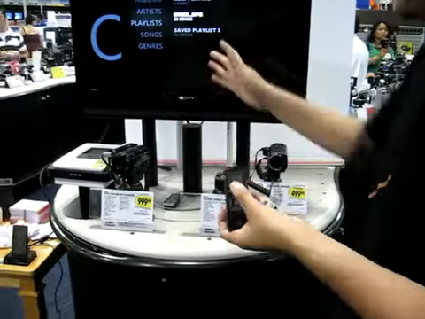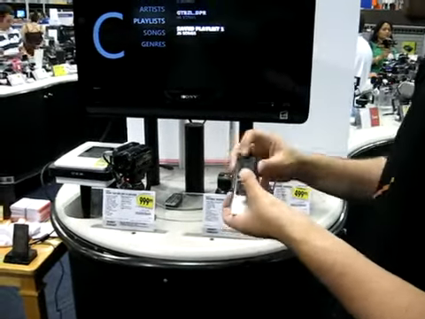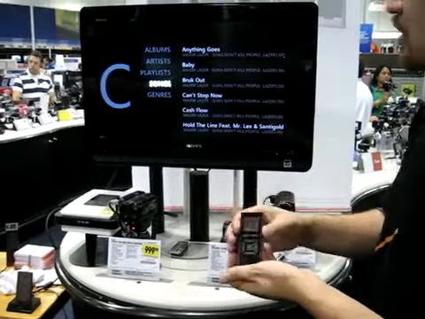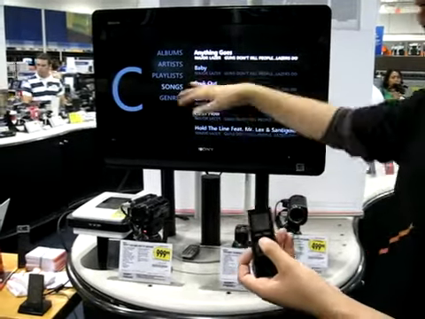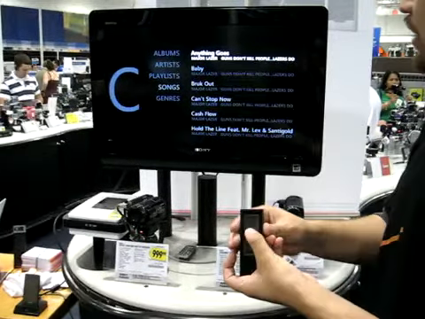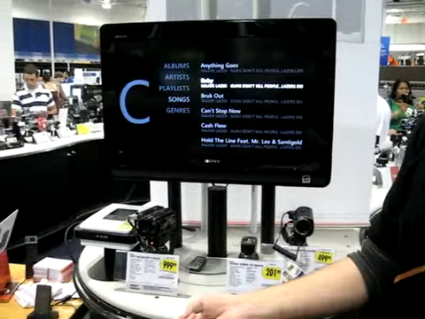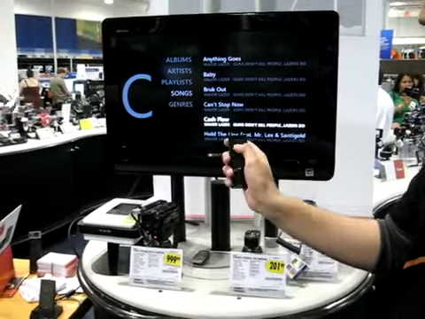Right, and use that to jump between the menus. Center button is naturally enough my confirmation. If I hit it on the left side here, it'll take me to the right, or I can use left and right. And then when I find what I want to listen to, it would help if I pointed it at the device. I hit the center button here,